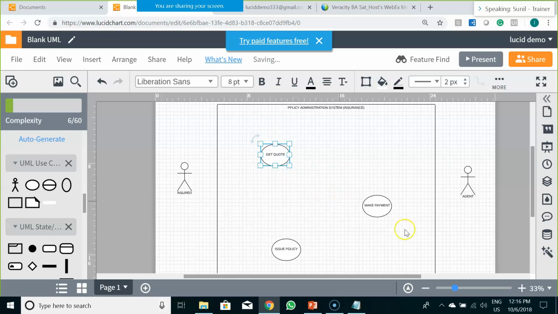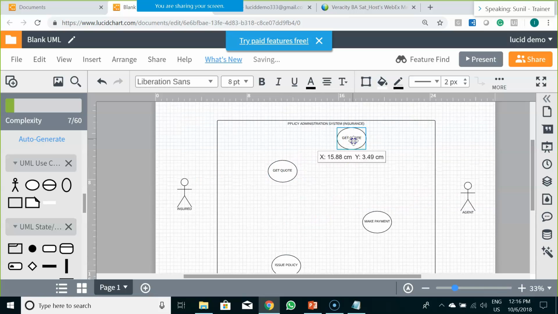There could be n number of use cases that could come out from a policy administration system. Now let us take only these three things and try to brainstorm the requirements around it. When I say get quote, when I want to get a quotation from an insurance company around what my premium would be, what do you think? Will there be any sub use cases that would get called? Yes, it would be calculate premium. This would be a sub use case.